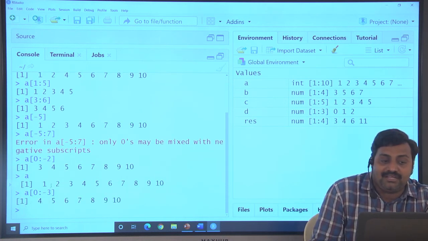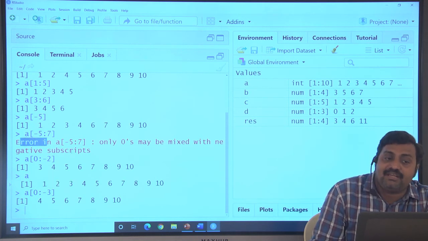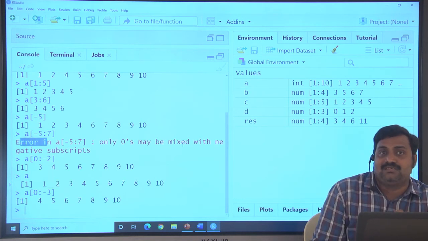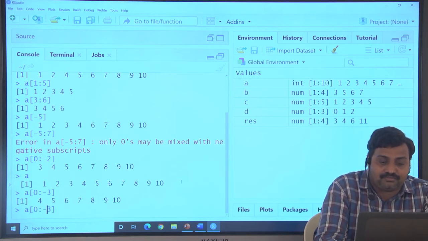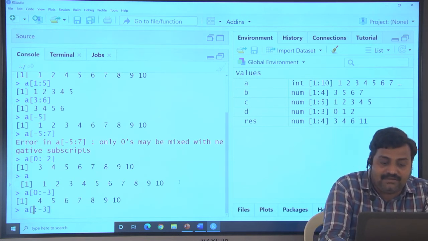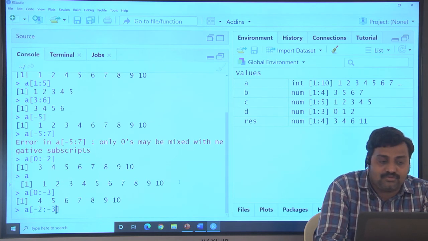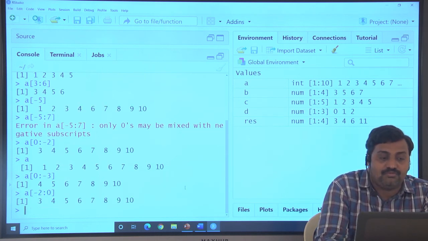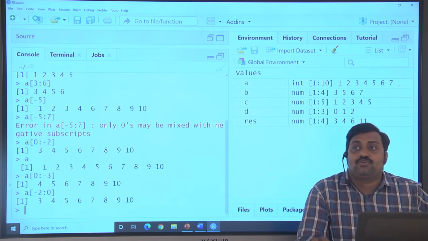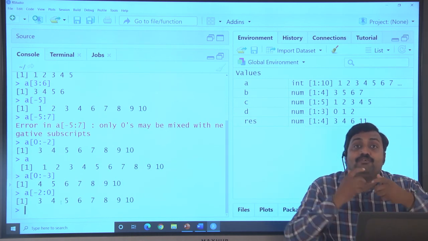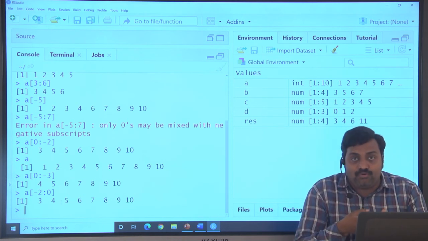So 1 2 3 omitted. 0 is not available generally, but as per this, we can use the 0 for subsets. Again, we are trying one more, reverse, minus 2 to 0. It means the first two values. So whenever we want to do a subset in a negative way, we should use the 0.